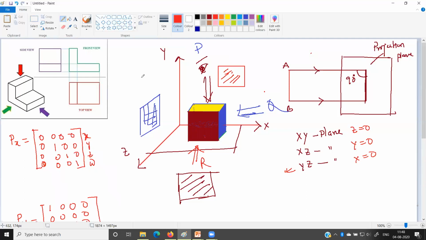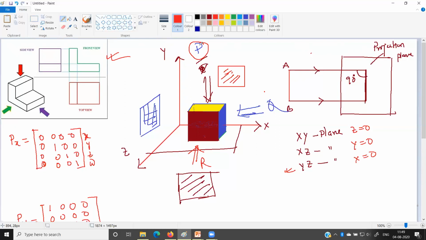So if you observe this particular image, you can see there is an object, and this red arrow indicates that you are viewing the object from the top of the object. So as I have shown over here, P is a point from where you are viewing the object. So we assume that this is the top of the object. That means we are viewing the object from the top, and we can then convert that object in the 2D